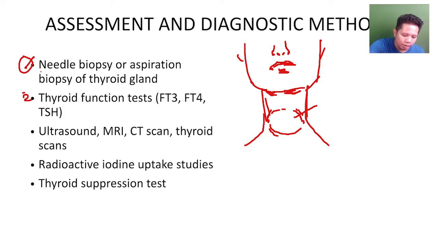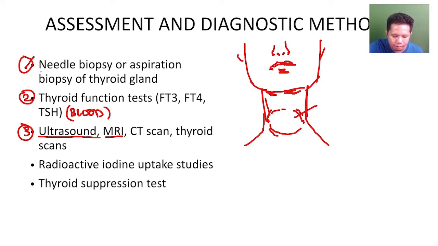Okay, the next one is function test through the blood, in-extract to sa blood. You have your FT3, FT4, and TSH. Okay, and then we have here next your ultrasound. Okay, so in ultrasound yung thyroid. You have your MRI, magnetic resonance imaging, CT scan, and thyroid scans. We have certain scans for that one. And then we have your radioactive iodine uptake studies. And last but not least is your thyroid suppression test. Okay,